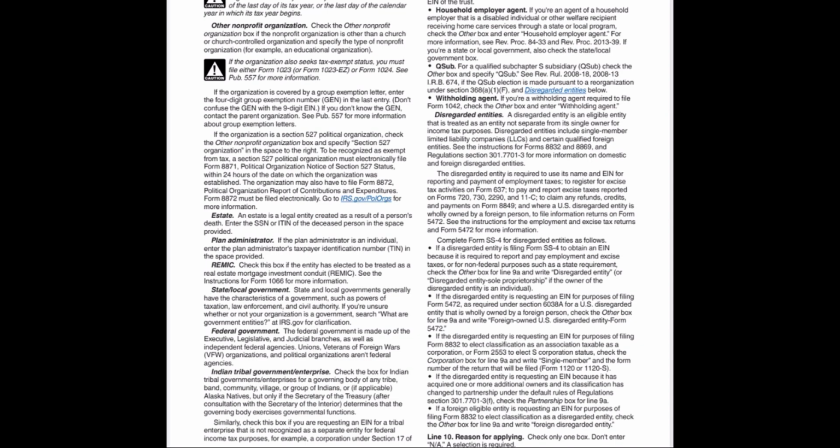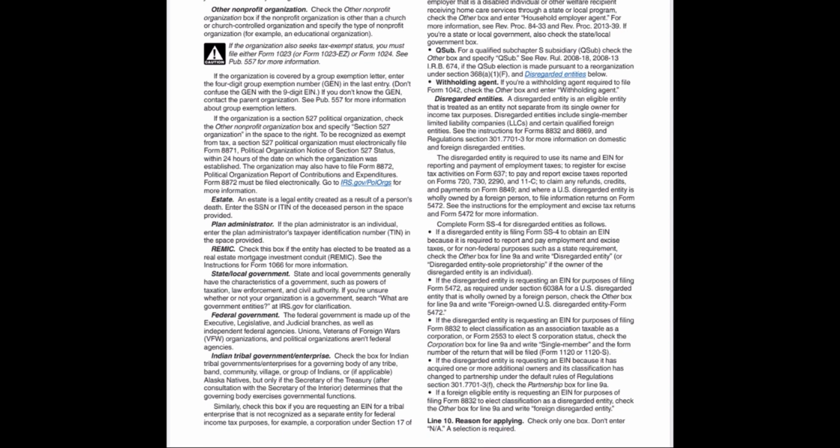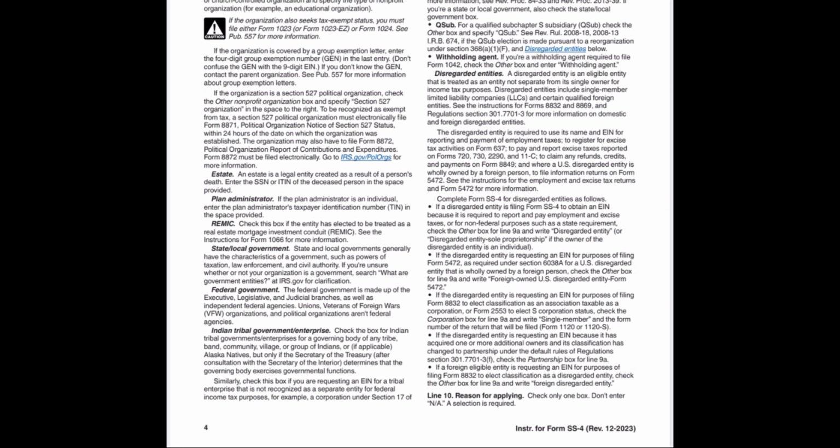See the instructions for Forms 8832 and 8869 and Regulations Section 301.7701-3 for more information on domestic and foreign disregarded entities. The disregarded entity is required to use its name and EIN for reporting and payment of employment taxes, to register for excise tax activities on Form 637, to pay and report excise taxes reported on Forms 720, 730, 2290, and 11-C, to claim any refunds, credits, and